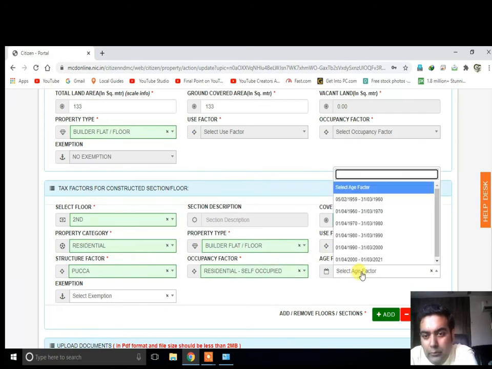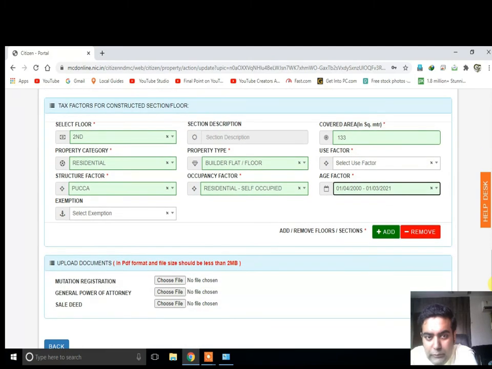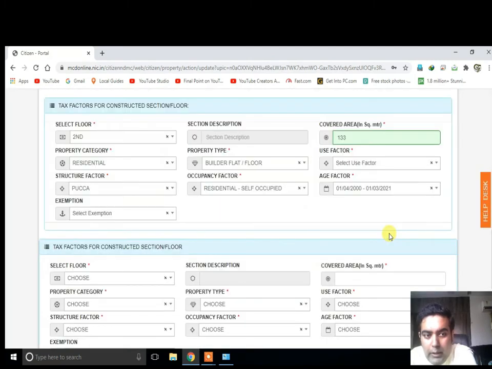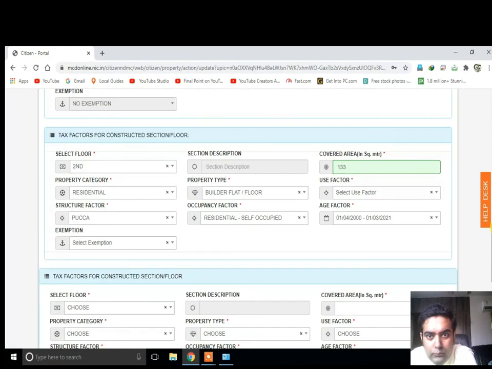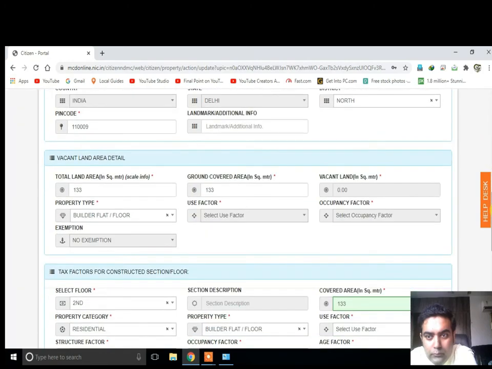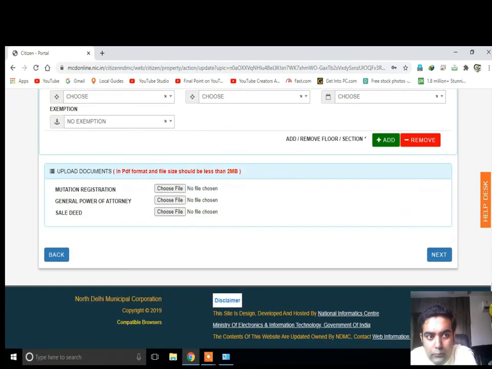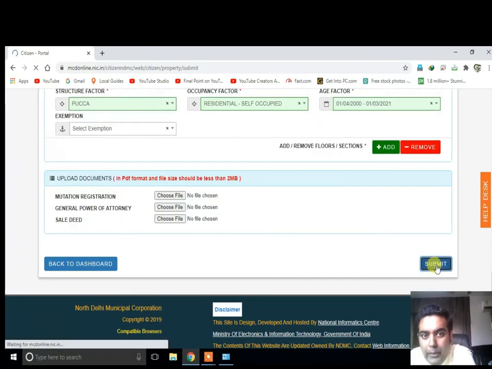Age factor: select the age of your property. After that, click on add. Then click on next. Submit.